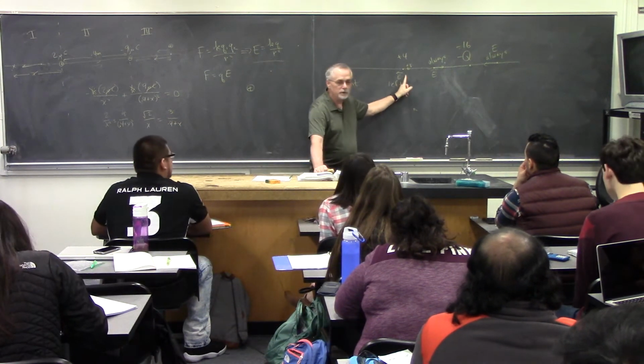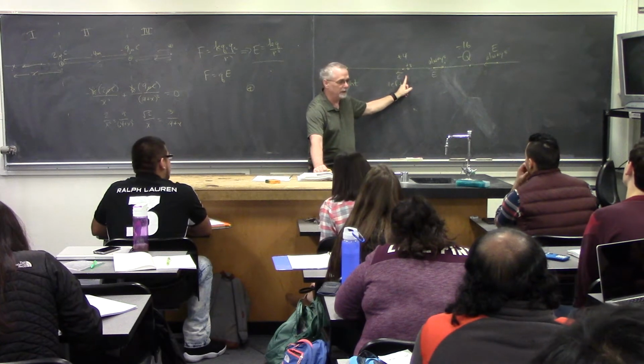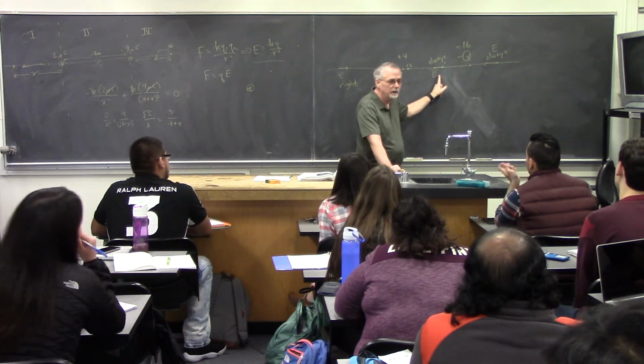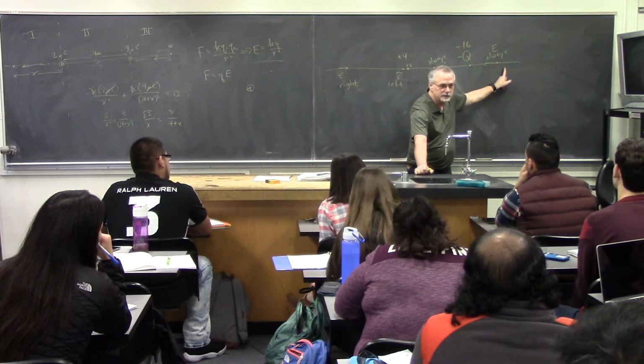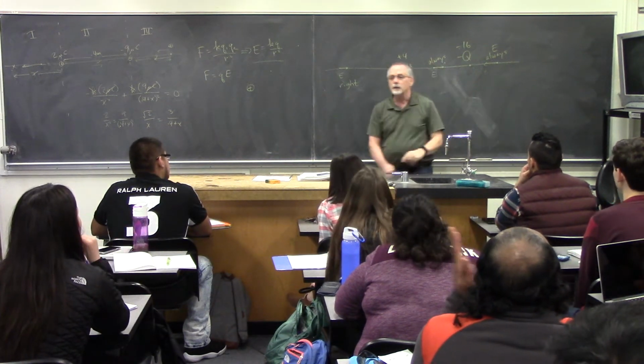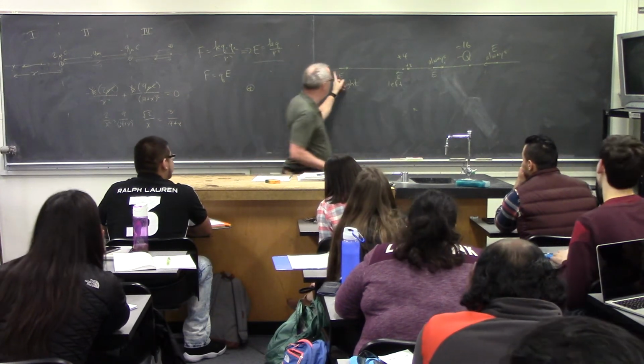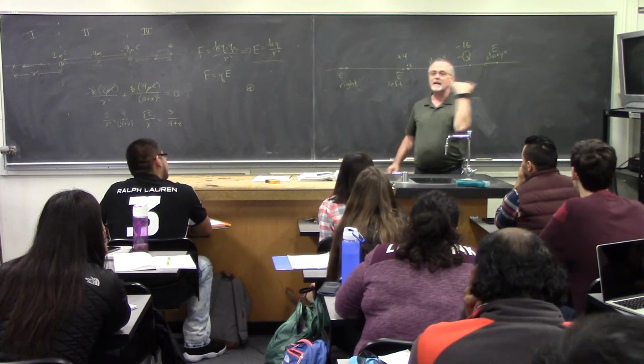What way is the positive charge going here? The left, because the field is going to the left. What way does the positive charge go here? To the right, because the field is to the right. What happens here? It goes to the left because the field is to the left. Can we do that over? Yes. All right, so once I've figured out what my field directions are, I can tell you the direction any